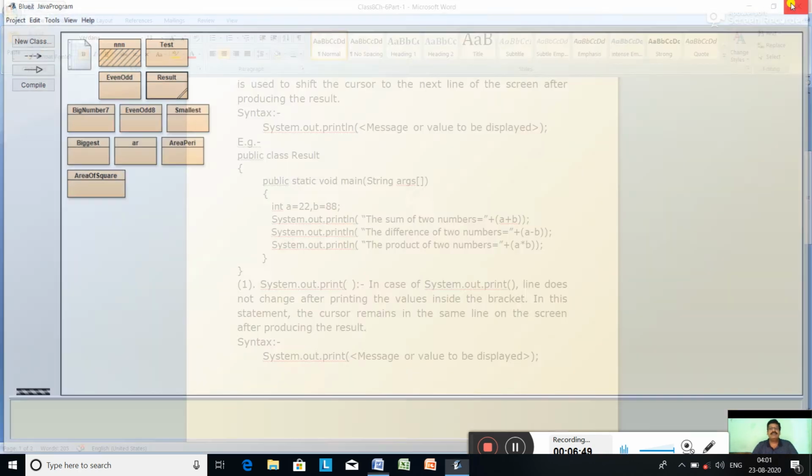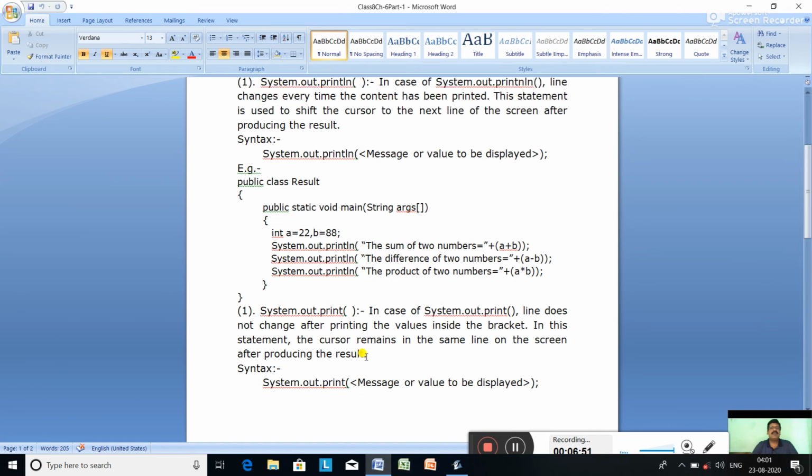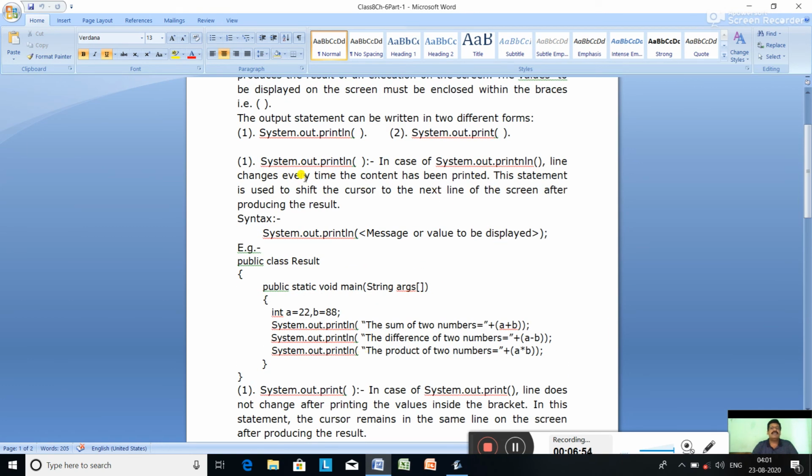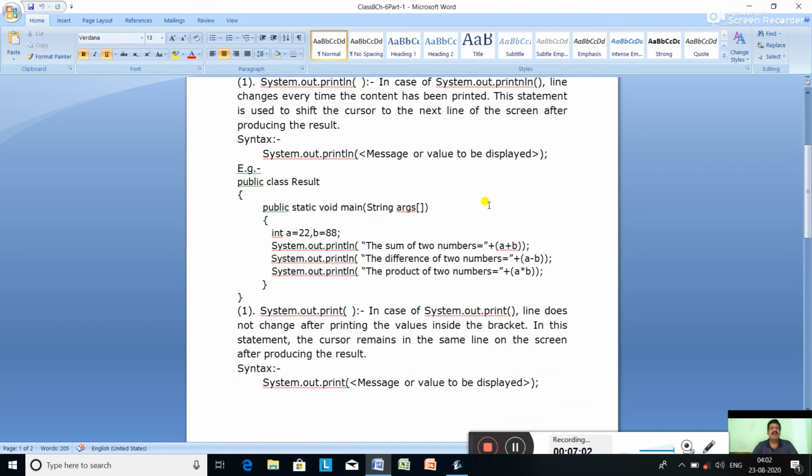So how does it work? The System.out.println statement changes the line every time the content has been printed. This statement is used to shift the cursor to the next line of the screen after printing the result. What is the syntax? System.out.println, message or values to be printed within the bracket.